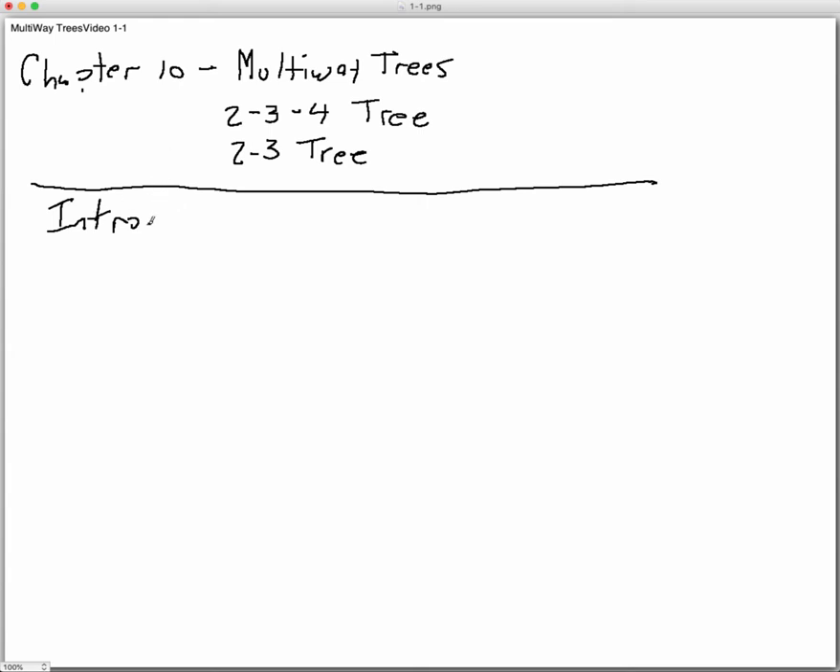An introduction, or this could also be called motivation. Might even be a little bit better name for what we do here. And what I want to do is go back to the database assignment that you've been